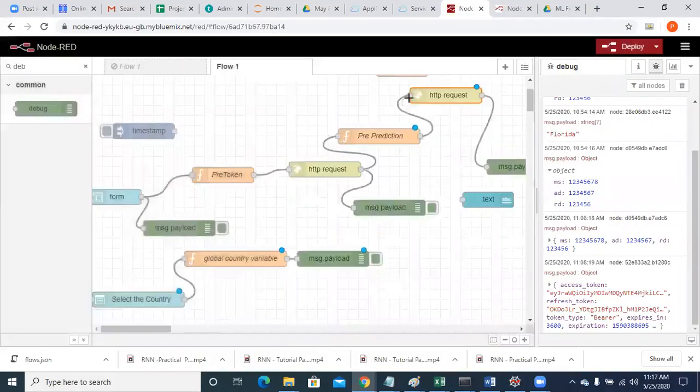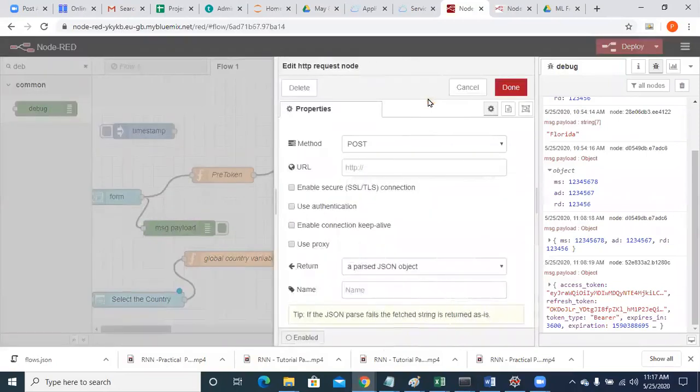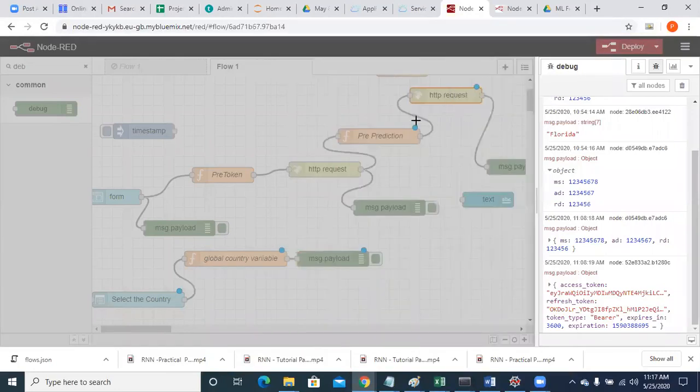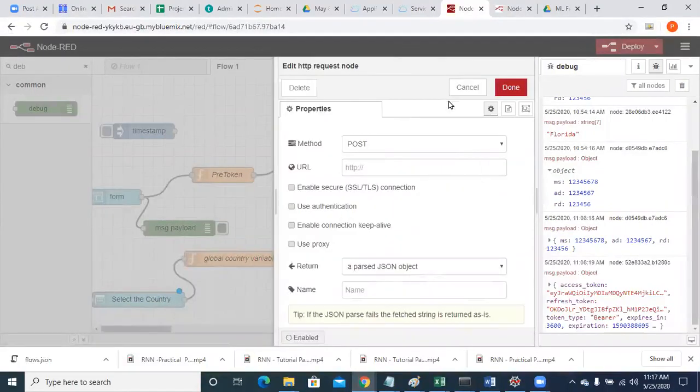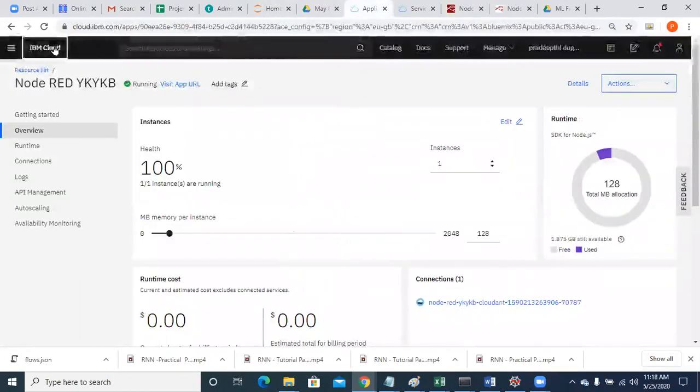Now, the thing that we have to do is put in our model scoring endpoint. For that, open this node and remove the already existing scoring endpoint. Now, from where do you get the scoring endpoint? Again, go to the dashboard.